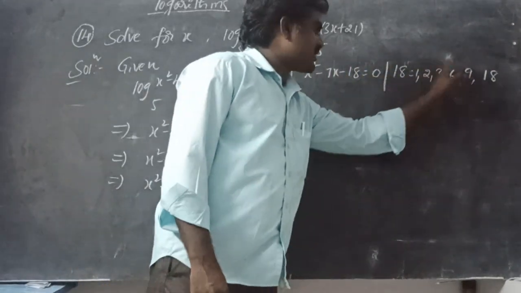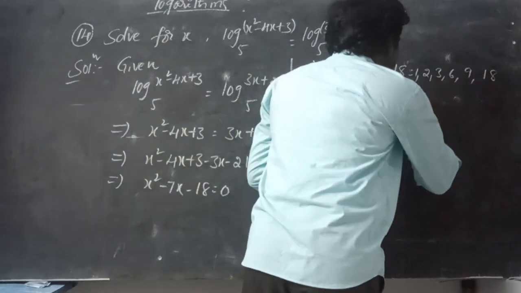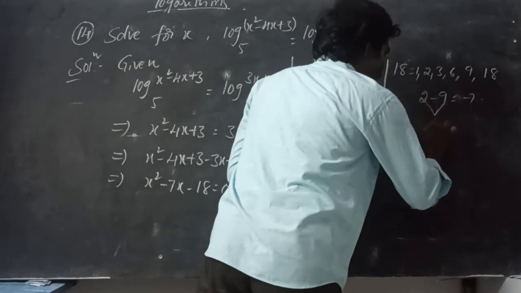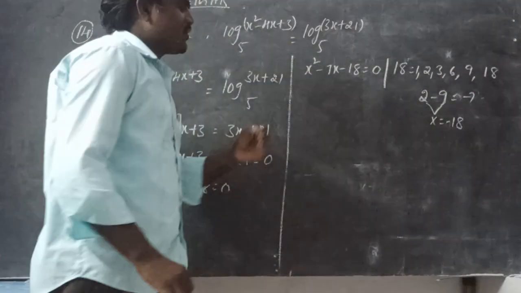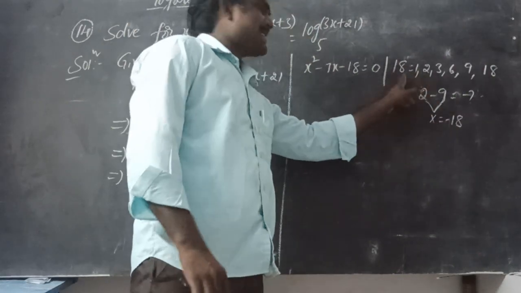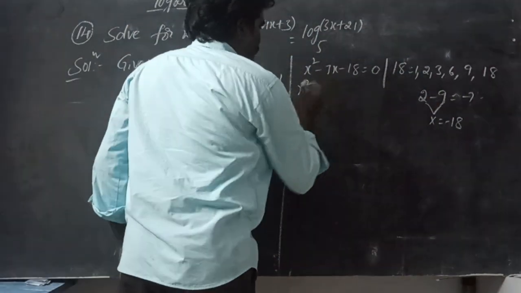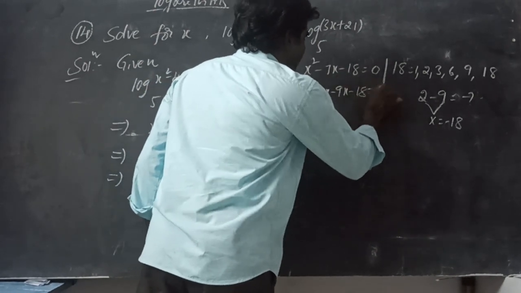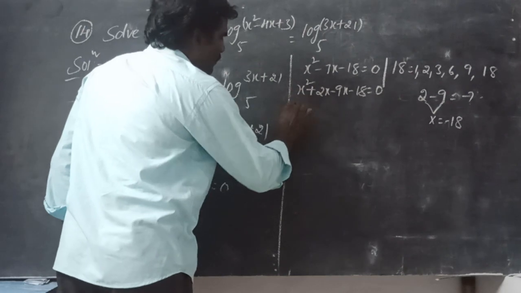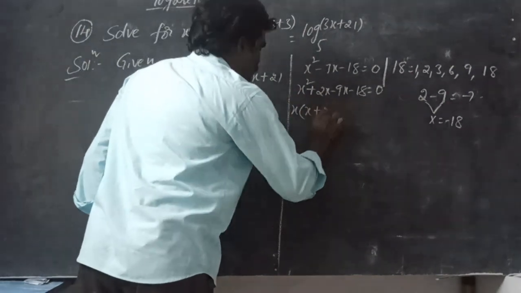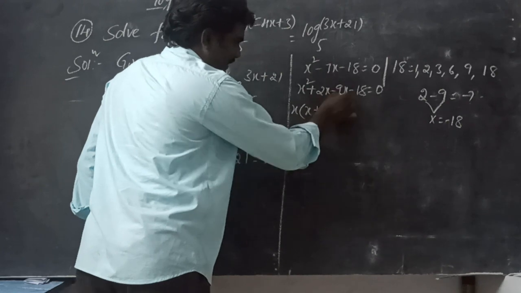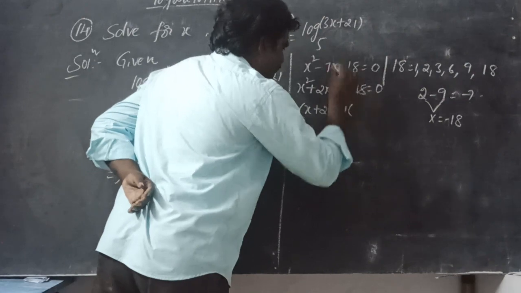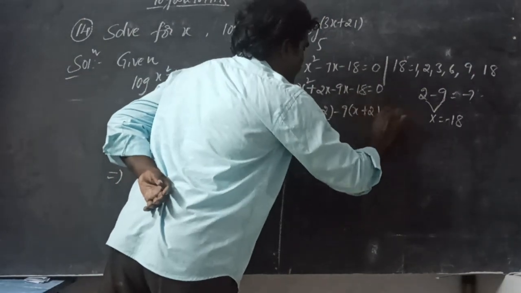Okay, so here the factors are 2 and 9. So 2 minus 9 is how much? Minus 7. 2 into 9 is how much? 18. Okay, the factors we take, their product also gives 18. So x square plus 2x minus 9x minus 18 is equal to 0. In these two terms, the common factor is x, so x of x plus 2. In these two terms, what is common? 9. 9x means 9 times x, 18 means 9 times 2. So minus 9 is taken outside. What is remaining? x plus 2 is equal to 0.